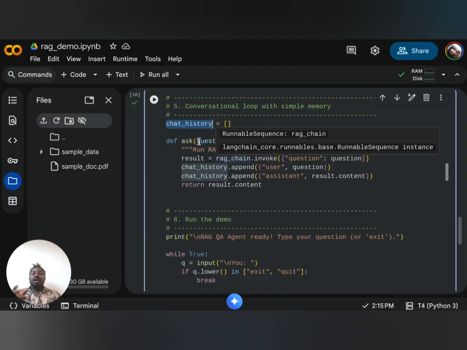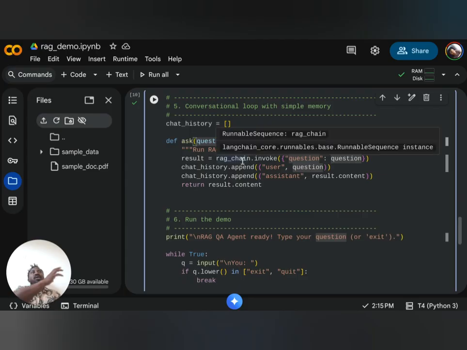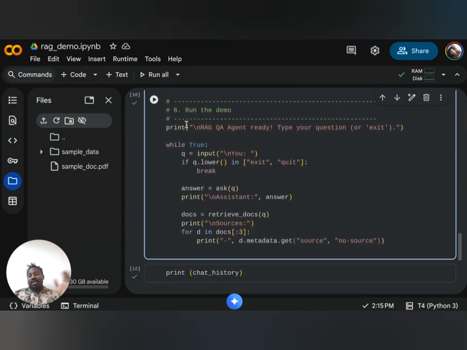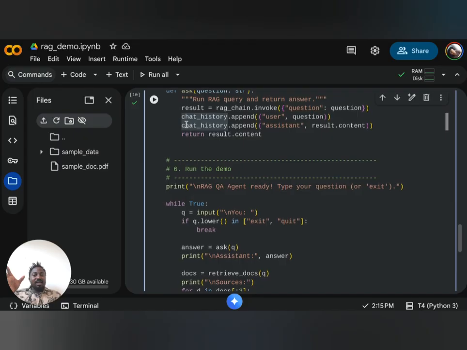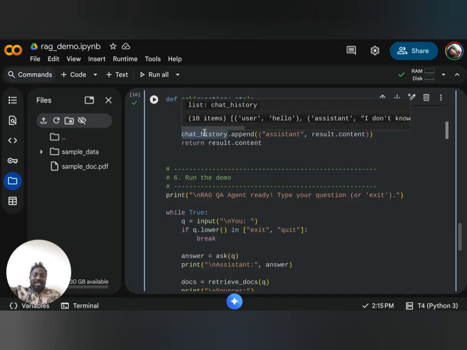So when the ask function is run, it invokes the RAG chain with the question, and then it appends both the user's question and the system's response to the chat history. You can then use this chat history as a list, which you can put in a user interface to show your chat. That can be useful. So now that we have a RAG chain, and a piece of code that does the ask and stores the history in a way that's accessible to us,